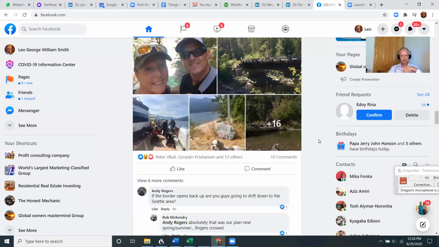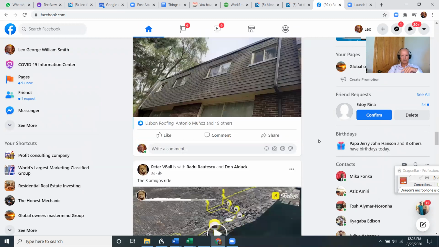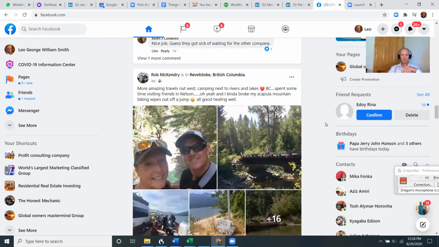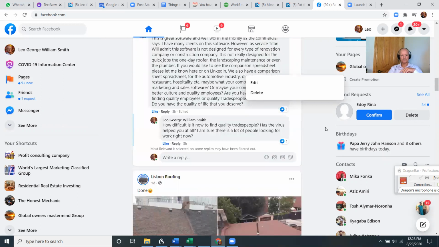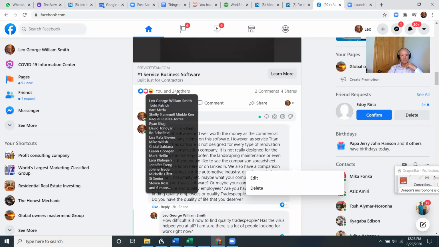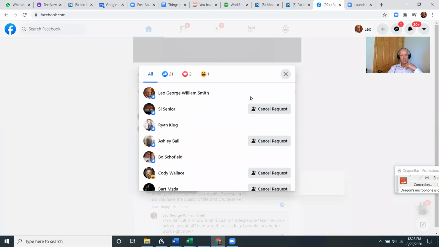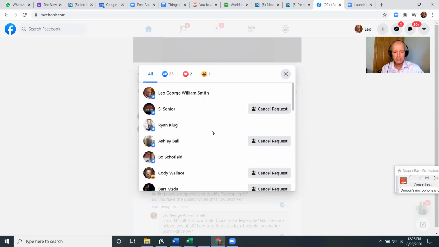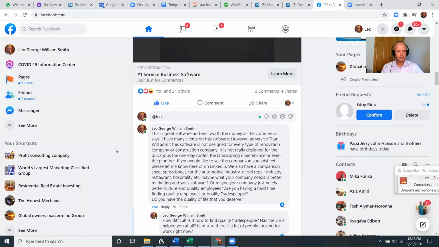I have my friends on Facebook, roofing. So going back to what I was saying here, the other thing that we need to do is we need to add all these business owners. And I've done that already. I've asked for a connection request so we can start communicating with them. And most of these are business owners. So you can start sending them messages, inviting them to connect with us on LinkedIn and so on.